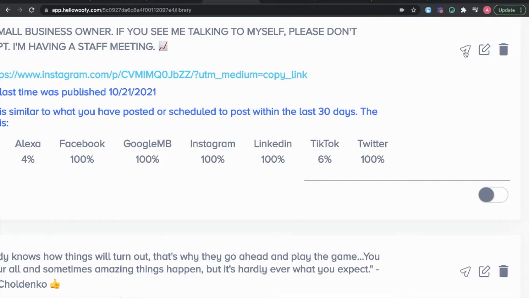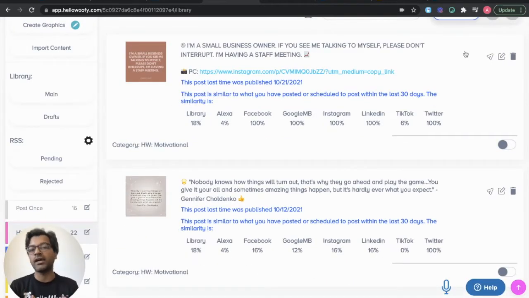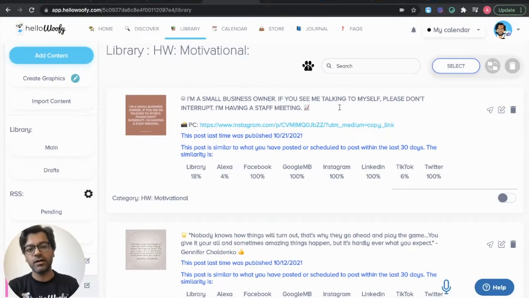That'll effectively turn this post into a one-time single post, which before it gets sent off to the calendar can be modified with different hashtags, different words. But once it gets scheduled, the original post stays behind in the category that you originally assigned it to, so that you can use it again next week or next month. The benefit of this approach is that you always have evergreen content ready to go.